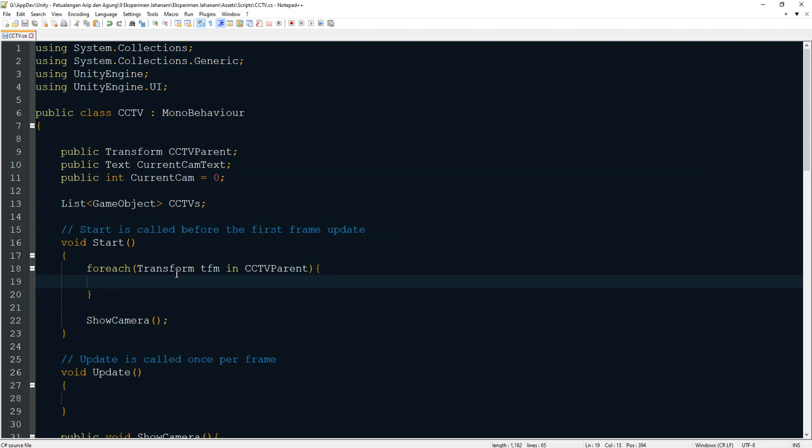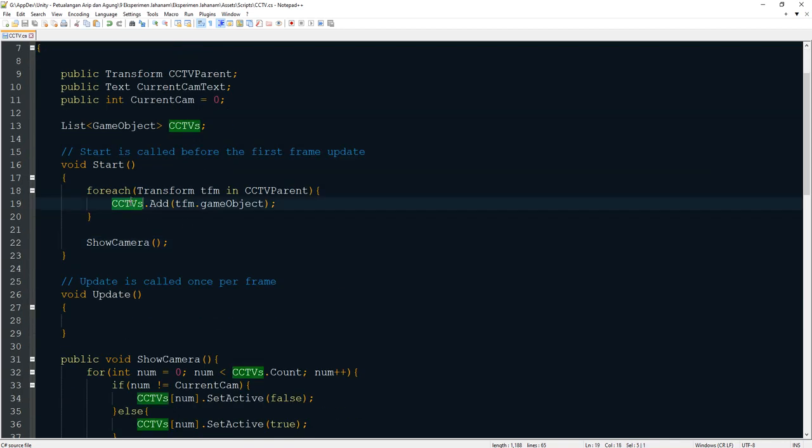Then inside this block I will try to add the child game object of the CCTV parent to this CCTVs object. CCTVs dot add TFM dot game object, and then CCTVs